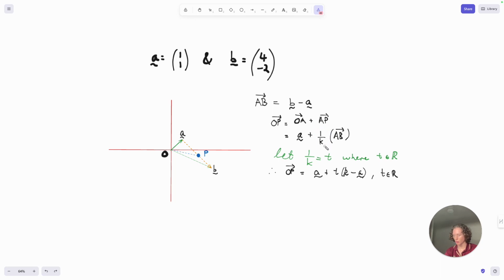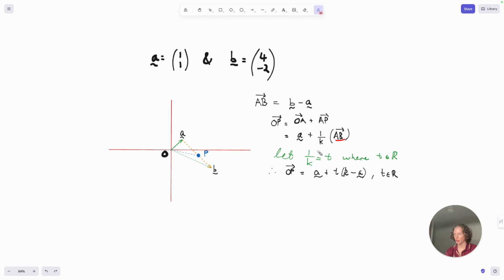The reason I've written it as 1 on k to start with is because it's a scalar multiple that's obviously less than 1. So it's some fraction of this line, which could be shown as 1 on k. But it doesn't really matter whether it's 1 on k or just some other constant, because all we need to show is that it's some constant multiple. And so t works fine. Like you could have t equals 1 on 4 or something, right? That's fine. So we're just going to say that t is our scalar constant